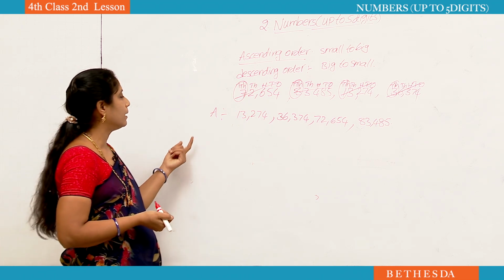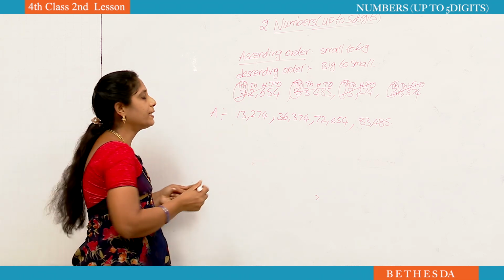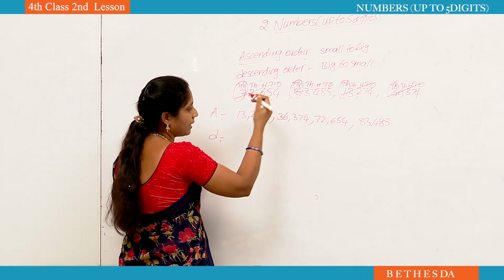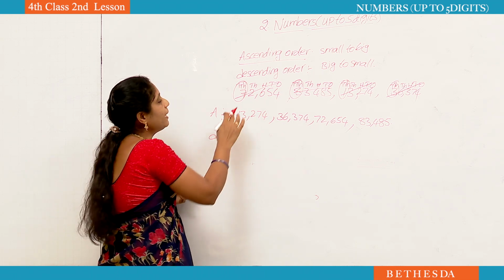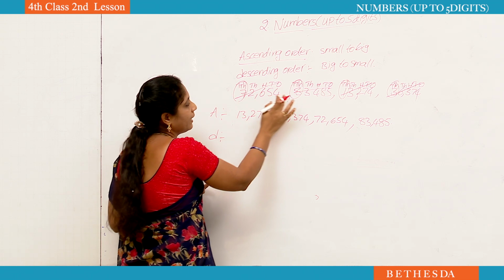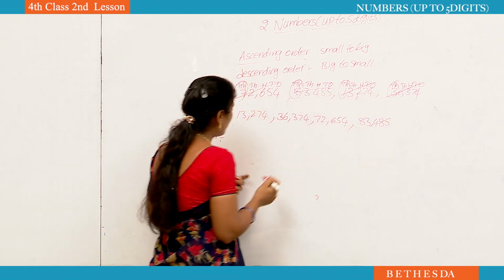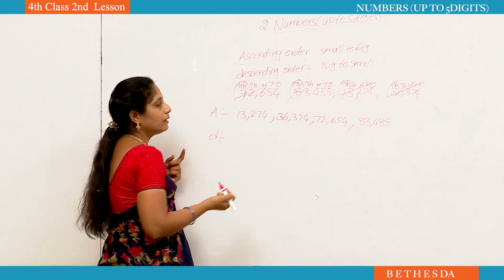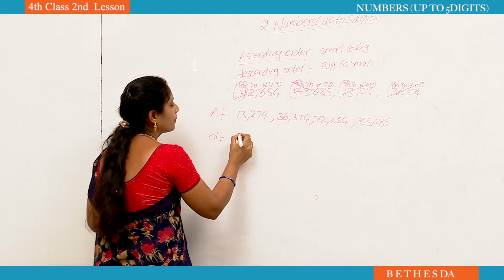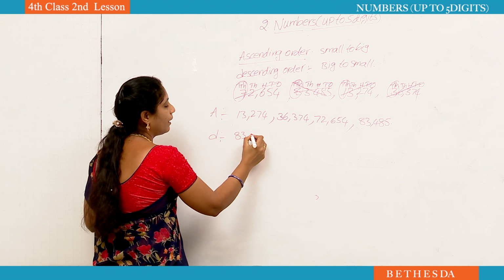Ascending order means small to big. Descending order means very easy. Big to small. You can write reverse. Otherwise, see here, we circled the highest place value 10,000s. What are those numbers? 7, 8, 1, 3. Now we are going to write descending order. That's why you have to take big number. In these numbers, which is the big number? 8. That's why you have to cut the number and write the number